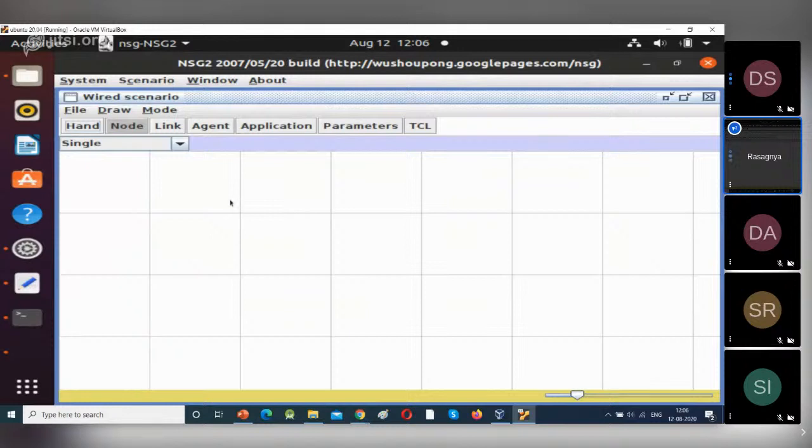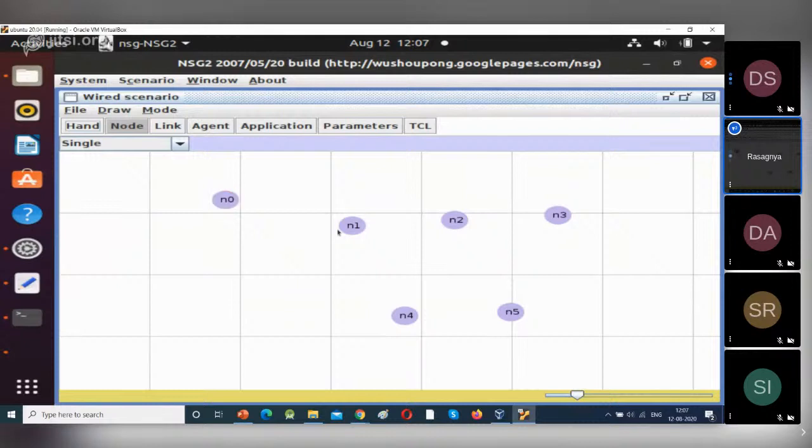Now, I'm placing one device here. Next, place the other devices. So this N0 will be my sender, and I want to form a LAN connection between N1, N2, N3, N4 and N5. So connect N0 to N1, that's it.